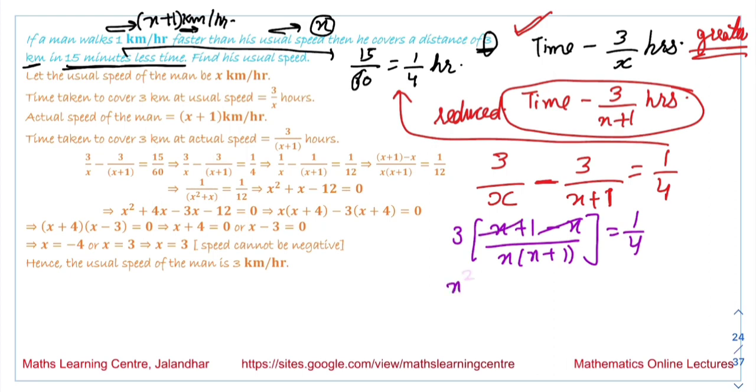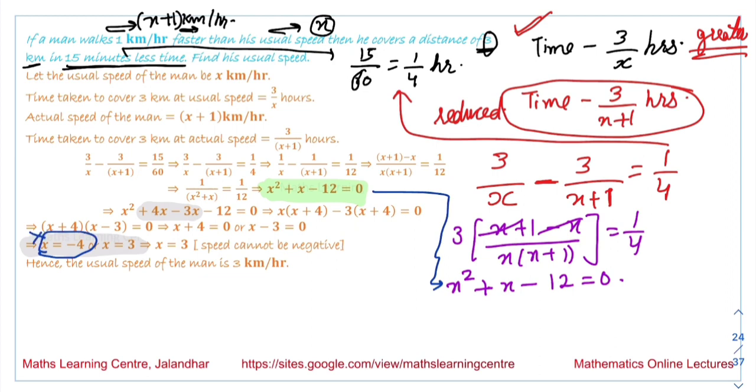So we get the equation x square plus x minus 12 is equal to 0, and this is the quadratic equation corresponding to this situation. By solving this quadratic equation by splitting the middle term, we get two answers for x. One is x is equal to minus 4 and second is x is equal to 3. Now x is equal to minus 4 is not possible because speed cannot be negative. So x is equal to 3, that is the usual speed of the man is 3